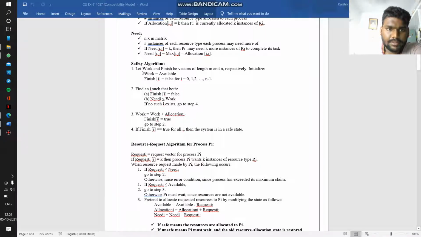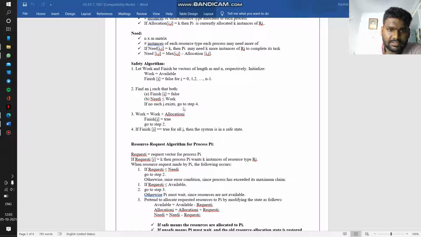Safety algorithm. Step 1: let work and finish be vectors of length m and n respectively. Initialize work equal to available, and finish[i] equal to false for i equal to 0, 1, 2, and so on to n minus 1. Step 2: find an i such that both finish[i] equals false and need[i] is less than or equal to work.